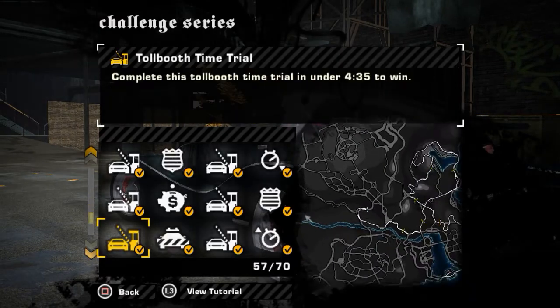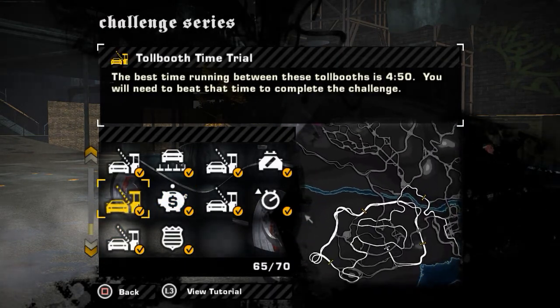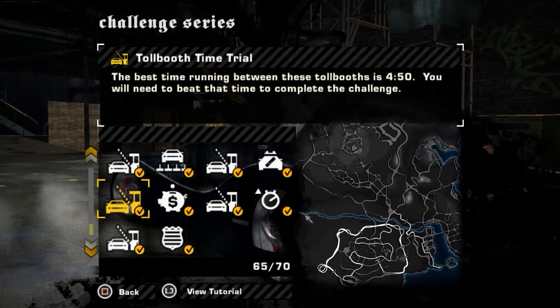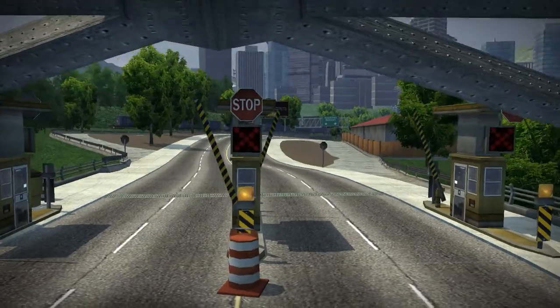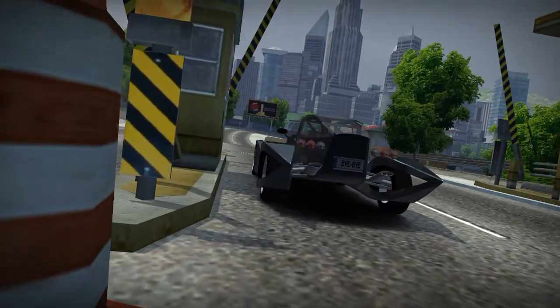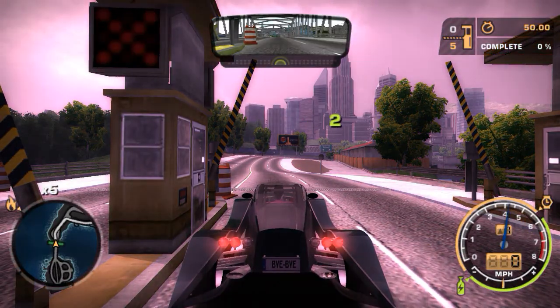So anyways, what we're going to be doing here is we're going to be taking this out for a toll booth run. We're going to go with this one here. And if you're wanting to figure out how you can do the toll and all these challenge series with the car, when you go to select a car before a race, just press, if you have the extra options mod installed by the extra options team,